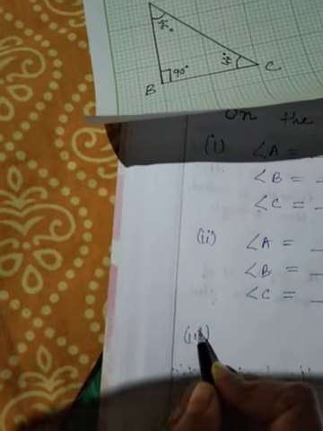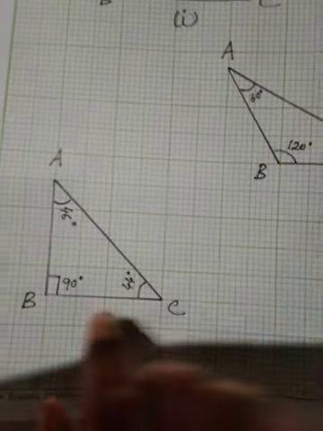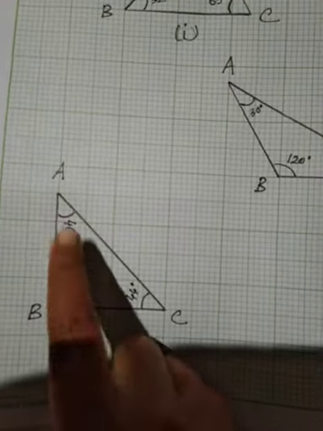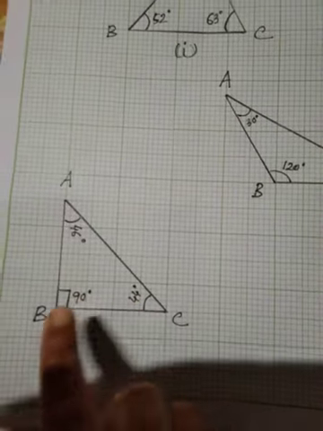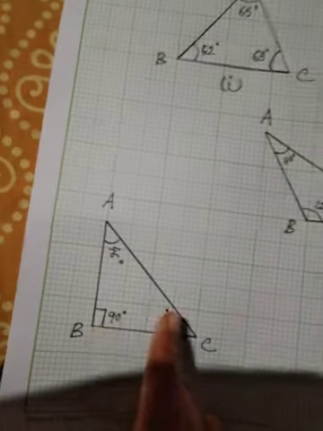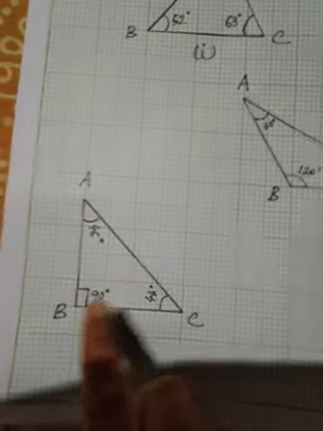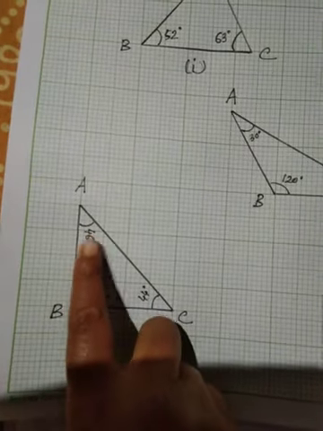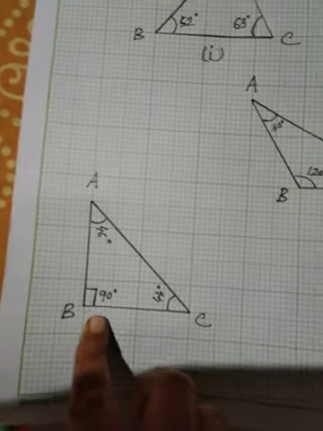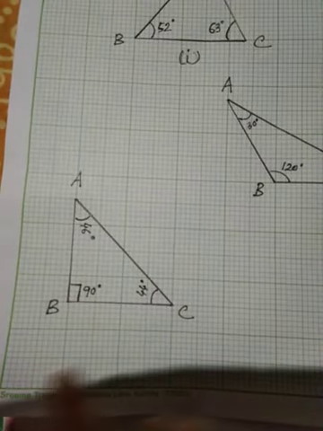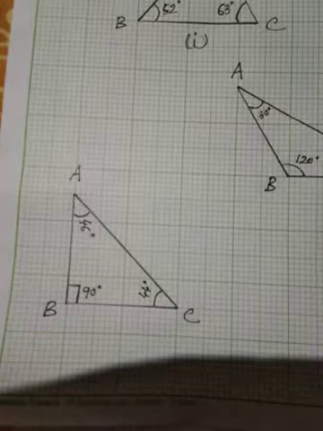Okay, and now from the third figure also you can see one angle is 90 degree, angle A is 46 degree, angle C is 44 degree. So at least one angle we have got 90 degree, and the remaining two, if we add together, form exactly 90 degree. So as we have got one angle 90 degree, we can say triangle ABC is a right triangle.